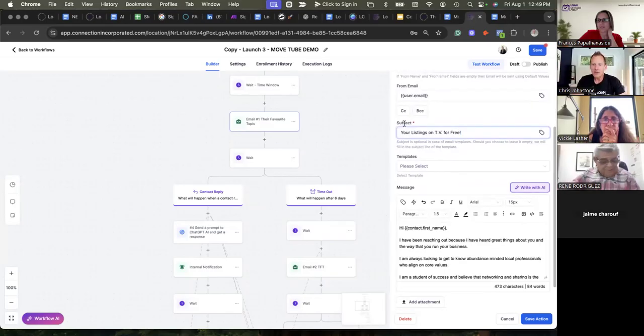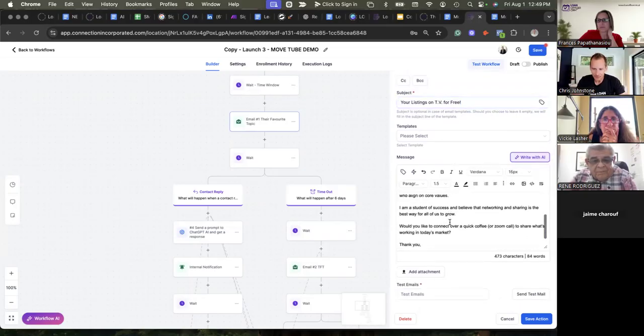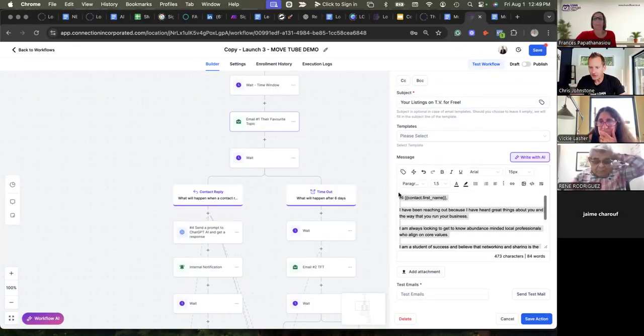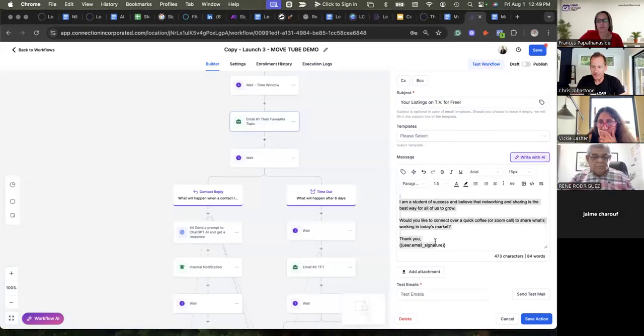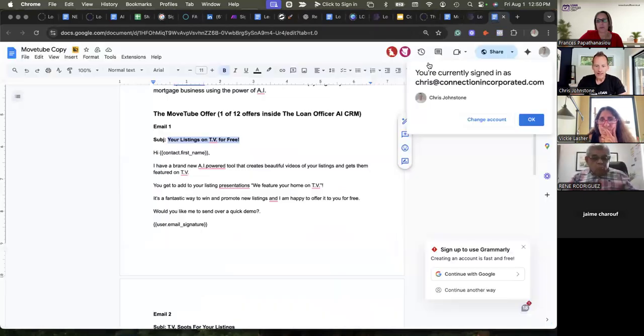So the subject line, copy and paste right from the document: your listings on TV for free. And then I'm going to take this. The only thing I'm not going to take out of this message right here is the user email signature at the bottom and the contact first name at the top. So I'm going to take everything out from the middle, head back to this document, and copy and paste